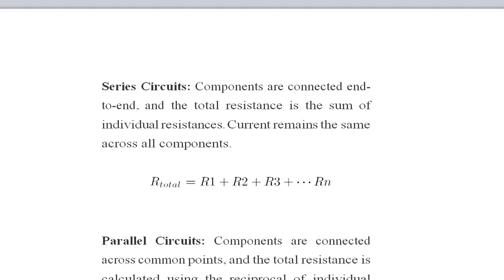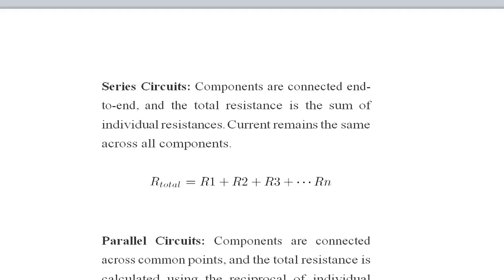While solving problems and understanding the concepts of KCL, before that we are supposed to know about how series resistance is connected. The components are connected end to end and the total resistance is the sum of individual resistances. Current remains the same across all components, so R total is written as R1 plus R2 plus R3